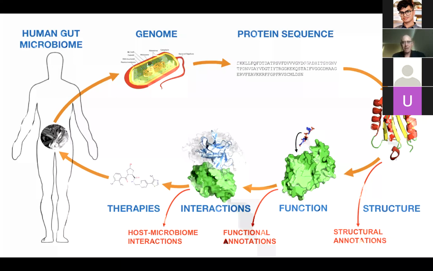Now, everything I've told you about so far has been based on sequences, but sequences are just one part of the puzzle. What we really need to understand is how those sequences fold into structures, how those structures provide functions, how the molecules interact with each other, and then how those interactions can be facilitated or disrupted by small molecule drugs that can act as therapies. And in this respect, the recent announcement that AlphaFold 2 was giving much better prediction accuracy is very exciting, and we're currently looking at incorporating that into our structure prediction pipeline.